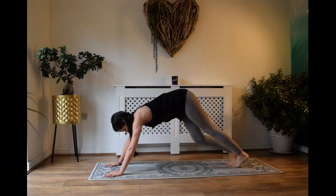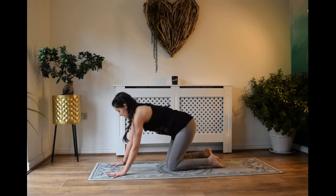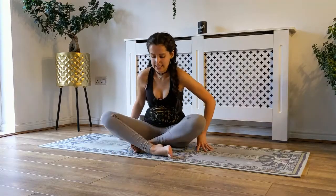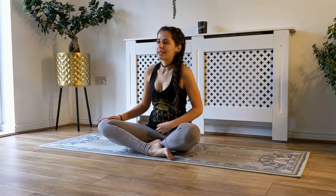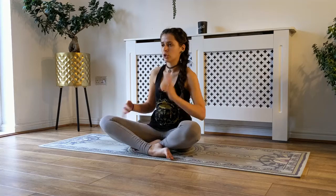Inhale through to seated. So you can either drop to the shins, sit the weight back on the hips, sit the hips back to the heels, or right knee to right wrist, left knee to left wrist, cross the ankles and sit through. Fantastic. So we're going to take Navasana, boat pose, which is our little bit of core work. We're going to take 3 rounds of boat with a little rest in between to make sure we lengthen through